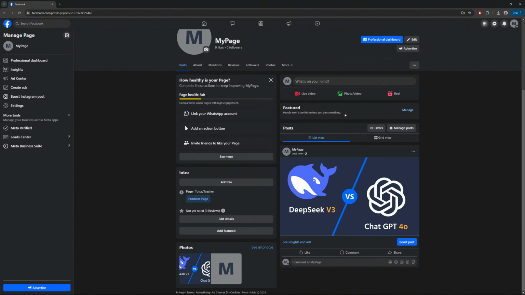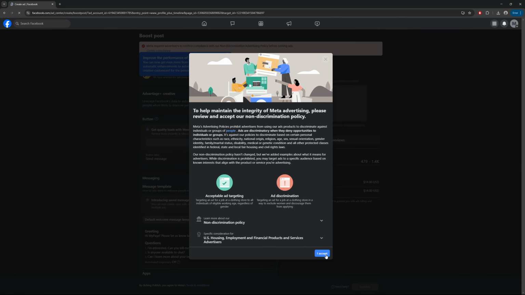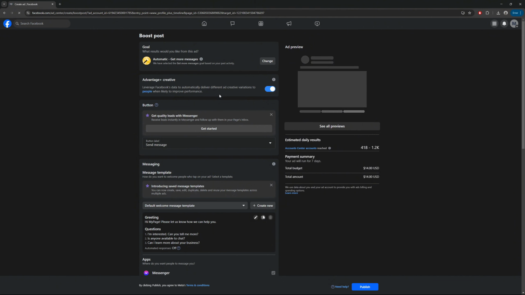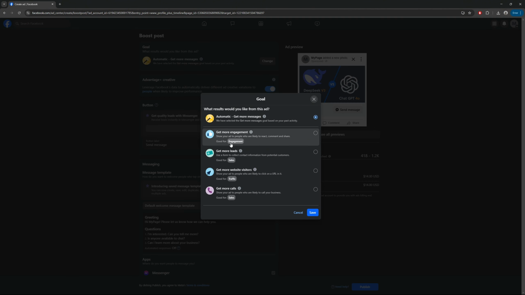Once we're on our page dashboard, we're just going to find the post that we'd like to boost and press on the boost post button. After that, we're going to press accept, and this is the page for the ads. We can choose our goal. First of all, we can choose to have more engagement, more leads, visitors, calls. So whatever we need, we can choose. For example, I'm going to choose engagement,